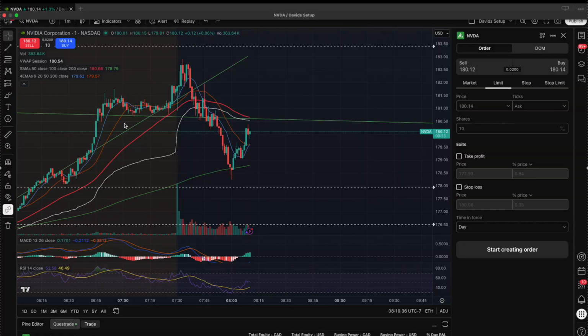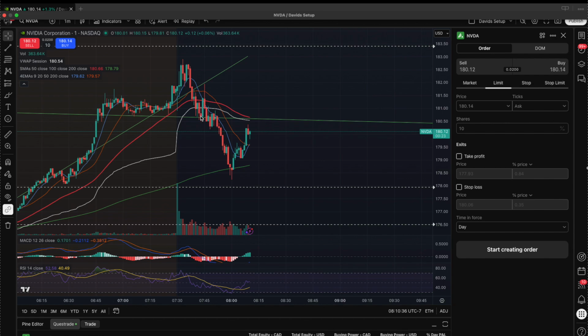Okay, let me just explain it. So this is NVIDIA, this is pre-market, the yellow tinge, which I've said in my videos before. We had a nice strong push up. This was a very good area of resistance and didn't quite hit that. We had a break below the 90 EMA, which is normally when I enter a trade like this, but because of this green trend line you see, I was very hesitant to enter a position at the 90 EMA. I wanted another confirmation. I wanted to break below the VWAP and hold.